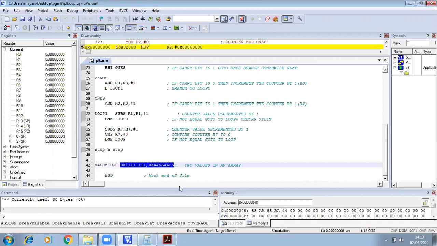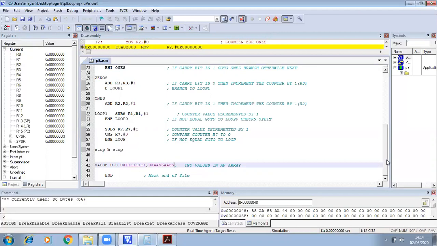So how do we count the number of zeros and ones in these two values? These are hexadecimal values. You have to convert these two numbers into binary values, and in binary we get only zeros and ones. Just count the number of ones and zeros in that. At the end, the sum of zeros and ones in these two memory locations, that means in these two values, will be the output.